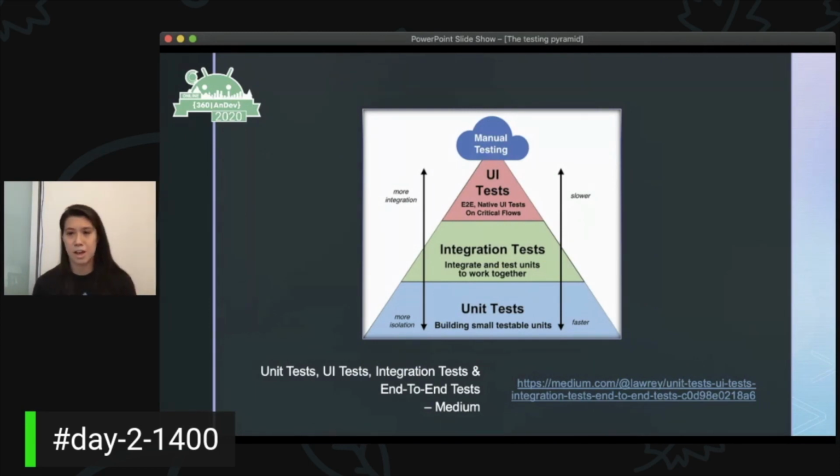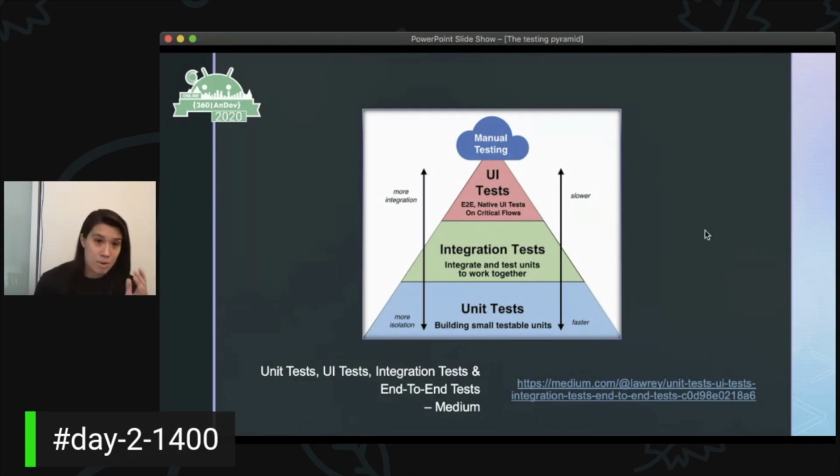So they test the full coverage from the user tapping the screen, all the way coming back to seeing something new on the screen. And those are expensive to run, expensive to write. And there's this little bubble at the top. Sometimes it's there, sometimes it's not, about manual testing. It is a mysterious, unspecified amount.